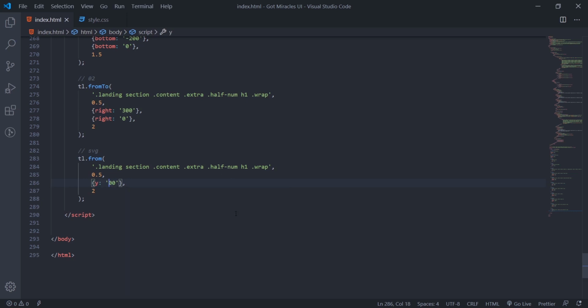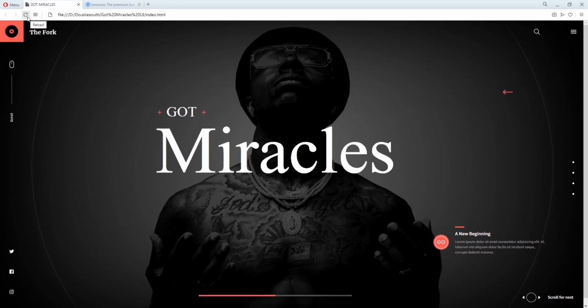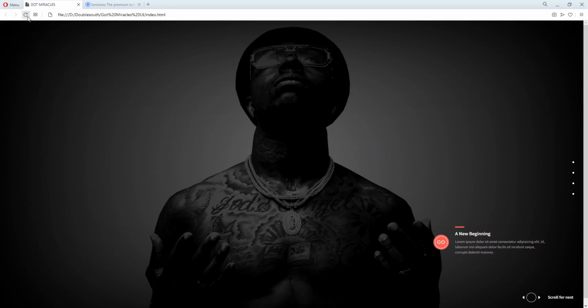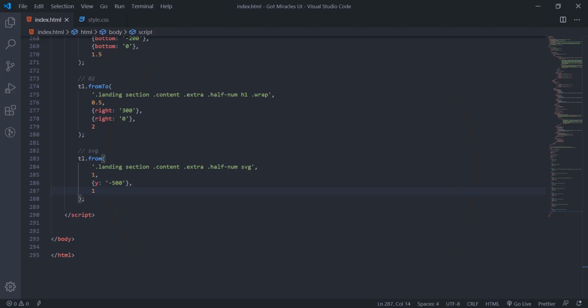We'll give minus 500. So instead of dot wrap here now, half norm, then SVG. Okay. We'll set this one to 1. Then we'll set this other one to 1. So more will serve on. Refresh now. Alright. See the fresh small. Double fresh yourself. So we'll just target this one now.